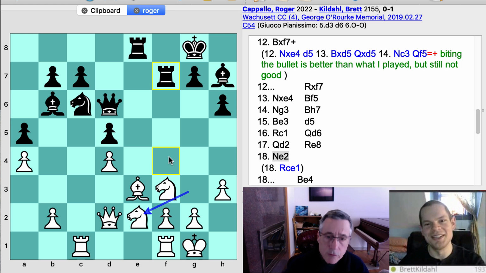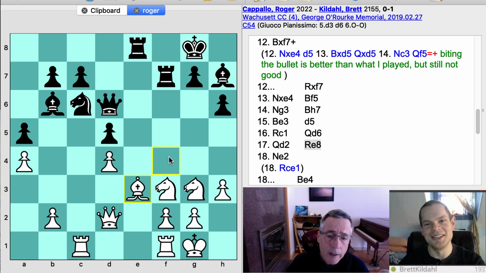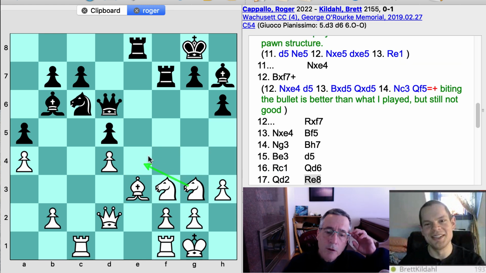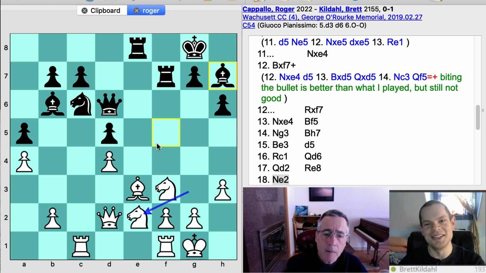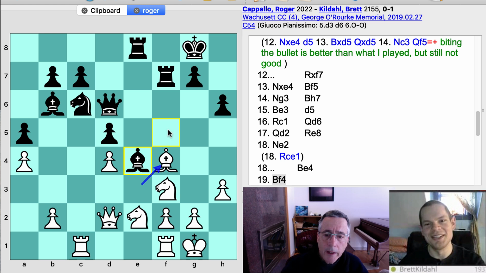So I played knight to e2, and that allows him, and I realized that this would happen, that it allows his bishop to come into e4. So back when I had my knight here on g3, of course I was keeping that square under wraps, keeping both of those light squares under control from his bishop. And it was part of the reason for going to g3 in the first place. And I realized I'd be giving that up, but I felt that after he played bishop to e4,